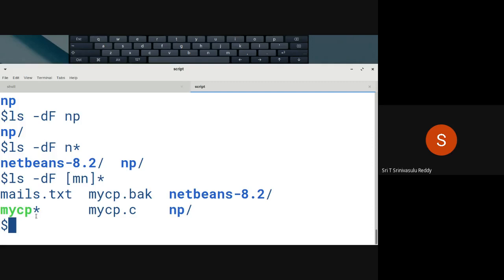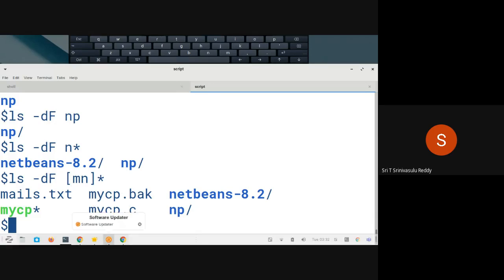We have myCP.c, with nothing after it, which is a normal file. We might have already compiled this, and the executable compiled code is available in myCP. So that's why there is a star. Colors are also used: green color indicates that it is executable. A folder ends with a slash, especially when you issue capital F here.